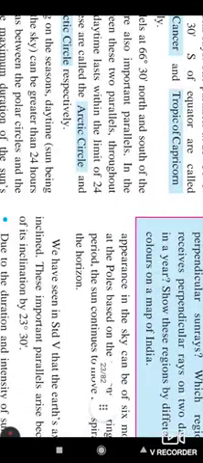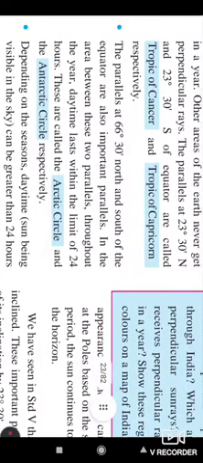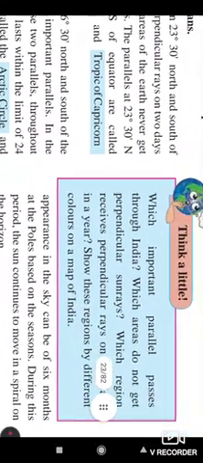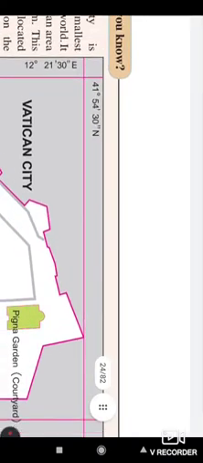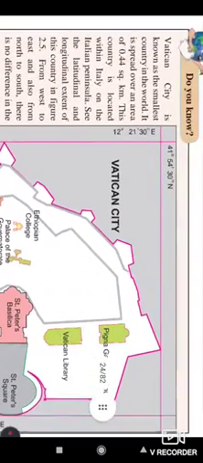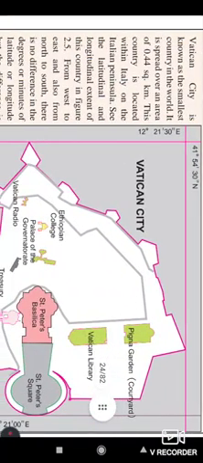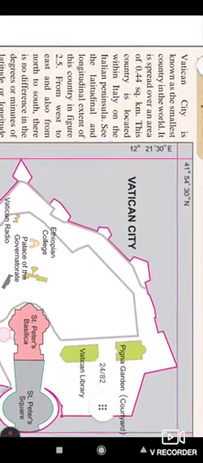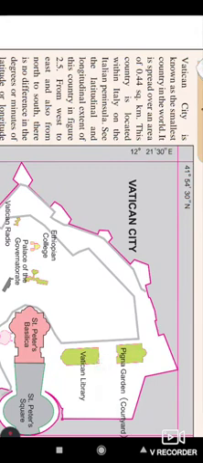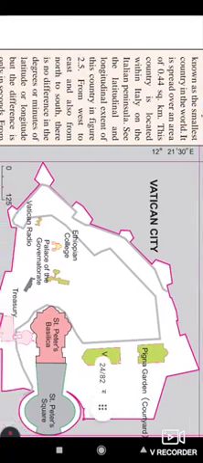So we already completed this point with the reading and having more information about it. So here is the city, that is the Vatican City. This is the smallest country of the world. It spreads over an area of 0.44 square kilometer. This country is located within Italy, on the Italian peninsula.